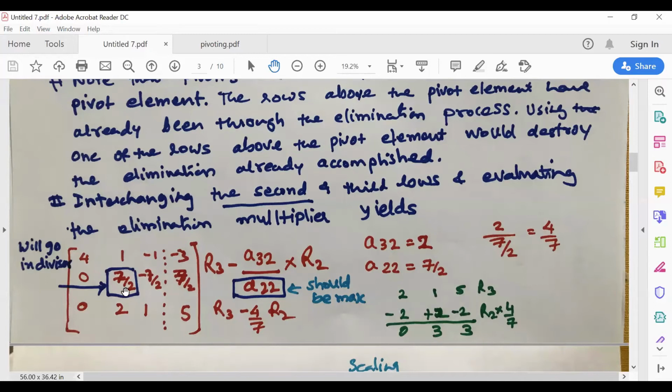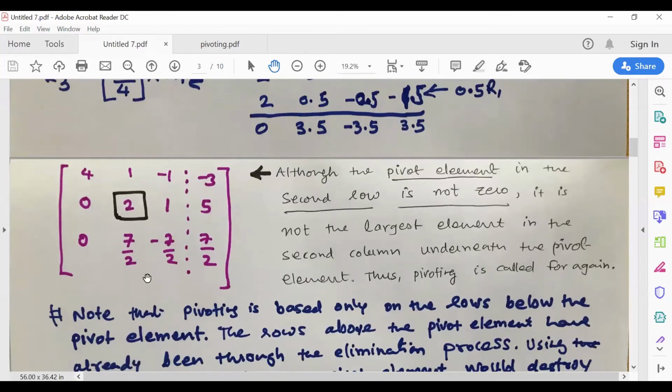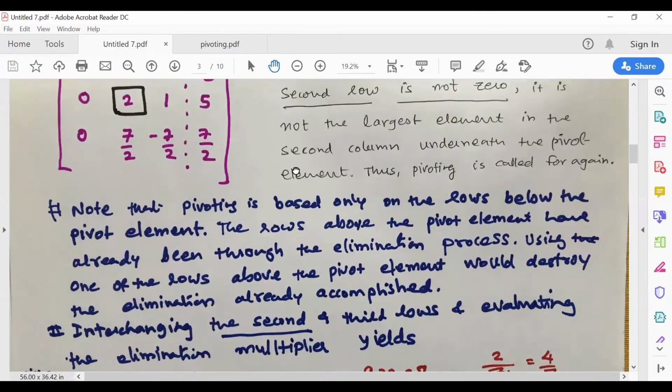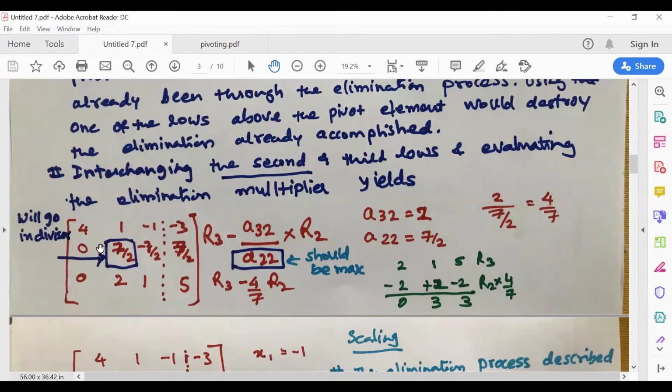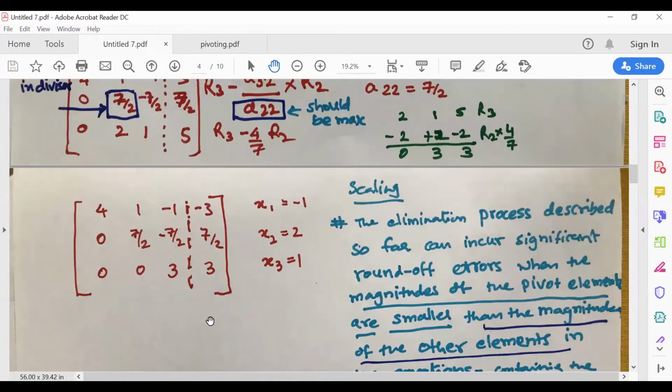So we need to have, so change, like this was the earlier matrix, and you can interchange the second row and the third row. That's all. So here I have interchanged the second row and the third row. And now you perform the elimination and you get this. So the solution was very straightforward. It was easy to understand.